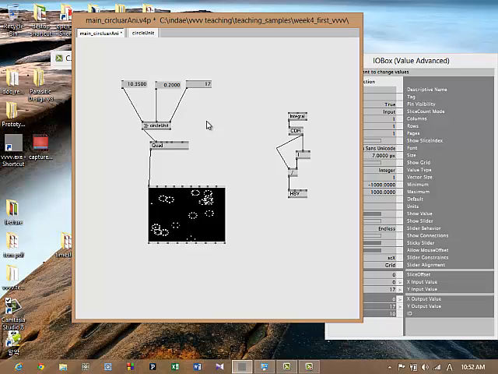So just drag with the right mouse. Too big. No matter how little, it's like a third of the